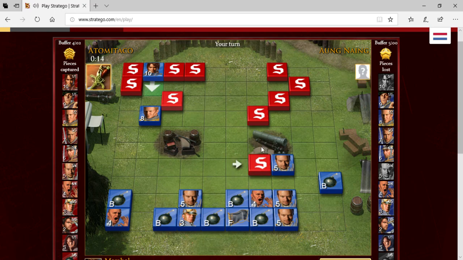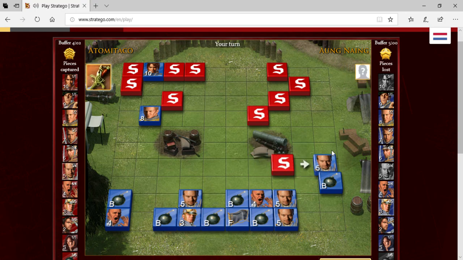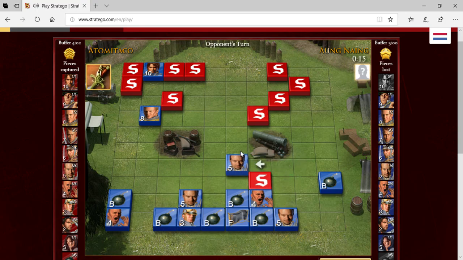So I don't want to trade yet. That's going to be a captain. I'm going to lose a lieutenant. I knew I was going to lose it, but okay. That hasn't exactly moved yet, but okay. So he's going to auto mode right now. That's fine. I'll go ahead and bring this 5 over here, maybe in a last-ditch chance to rescue it, because